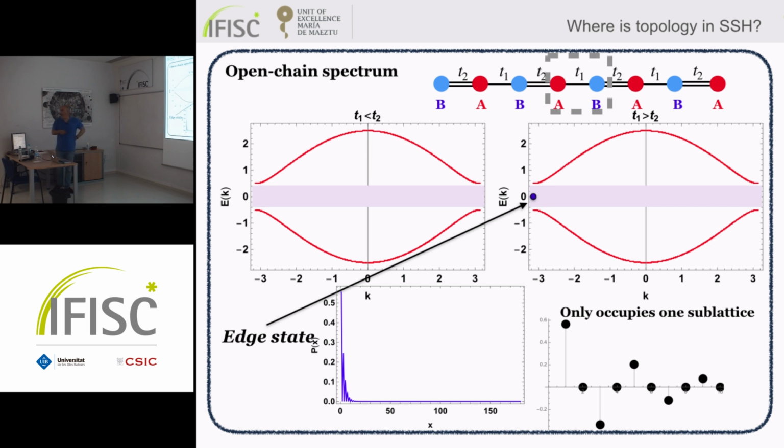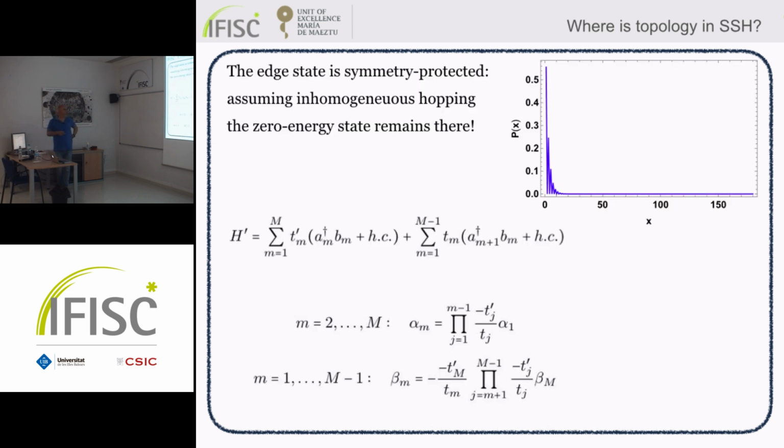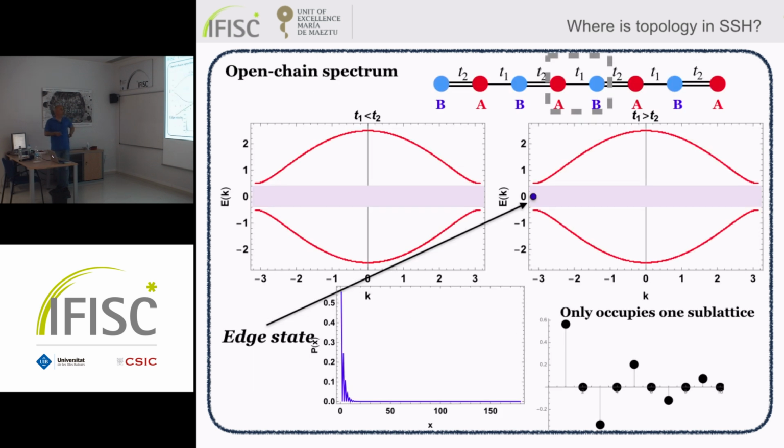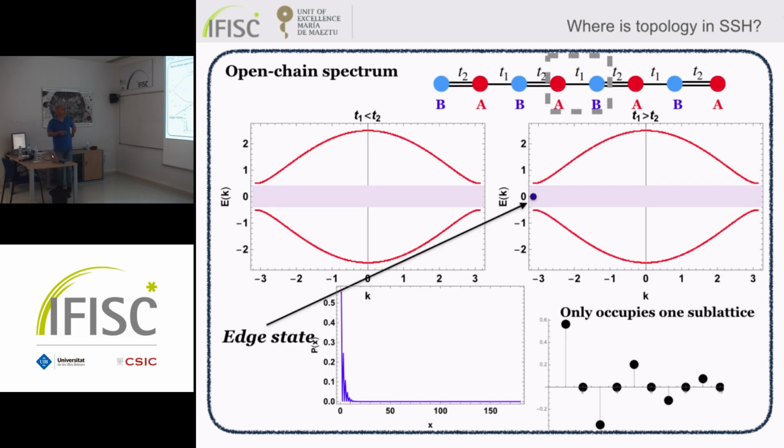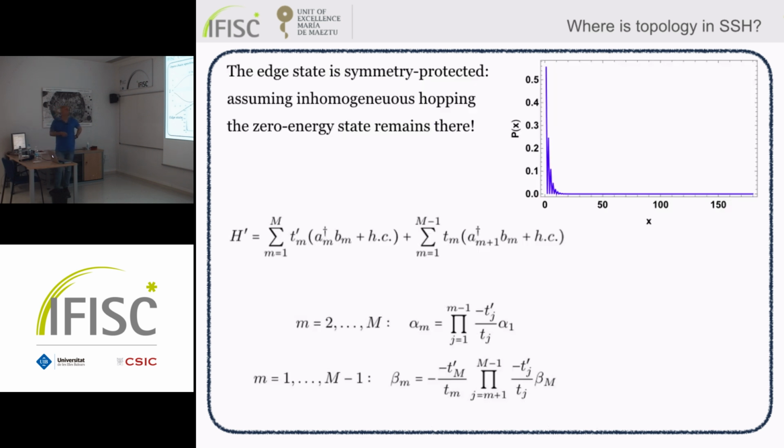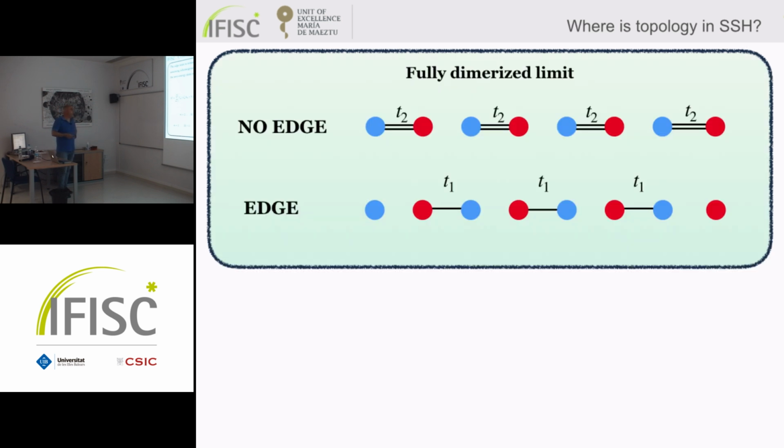So you find this value, and the strange thing is that you keep having exactly these couple of eigenvalues here. Also, if you deform the chain, instead of having a perfectly staggered T2, T1, T2, T1, you add some noise at this value. If the noise is not too high, you still have this edge state. Of course, the amplitudes slightly change, but you can still solve analytically. You can calculate analytically the form of the state.